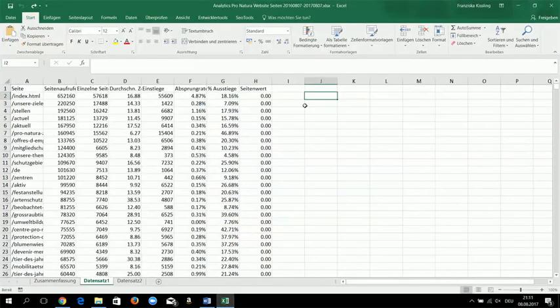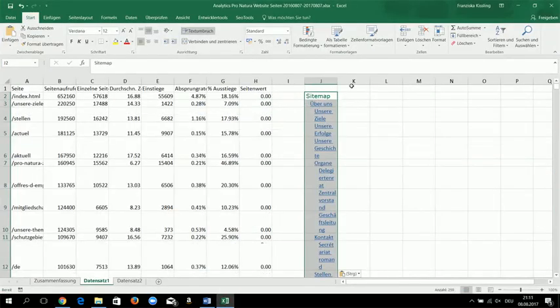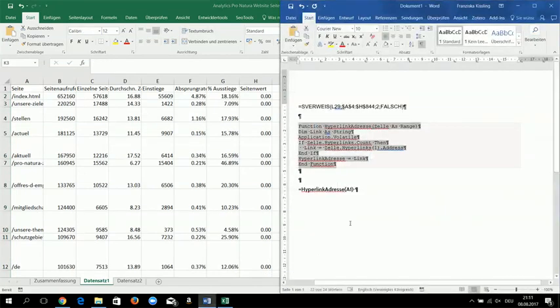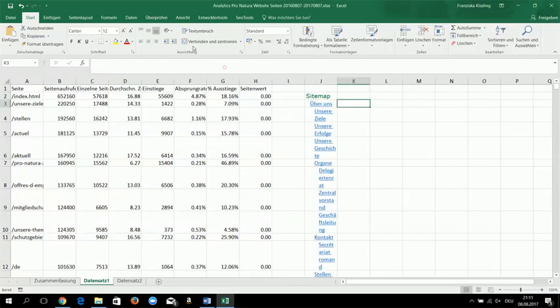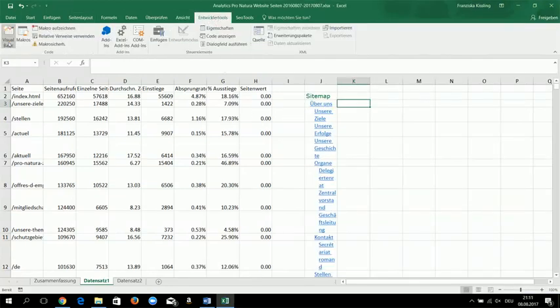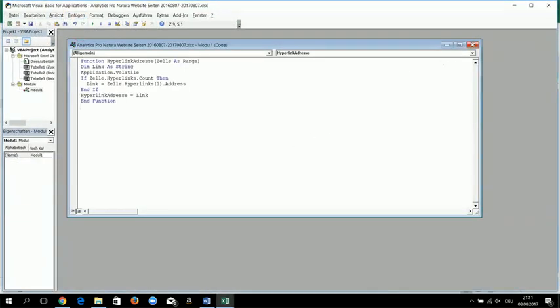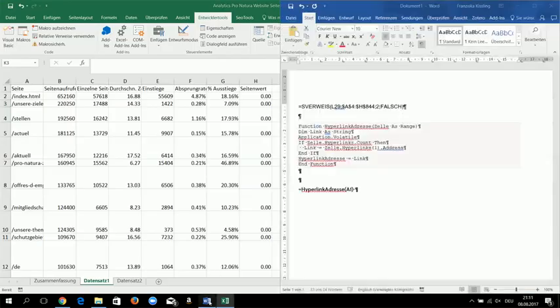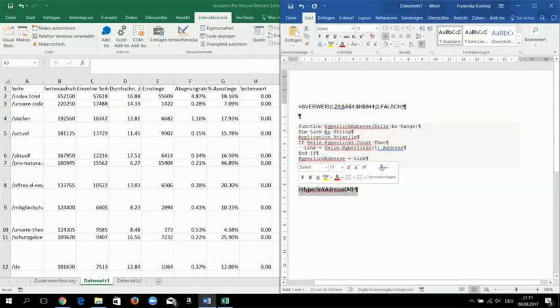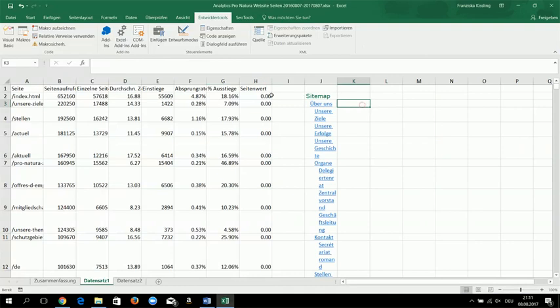you simply copy and paste those hyperlinks into Excel. And then you go and paste that little snippet of code, which I will give to you, under Entwickler Tools, Visual Basics, Einfügen. You say you have a new module, yes, paste it in. And if you included that little code snippet, you can use that formula which I just wrote in here, which means you can go now into the file and you say, I would like to get here the address from